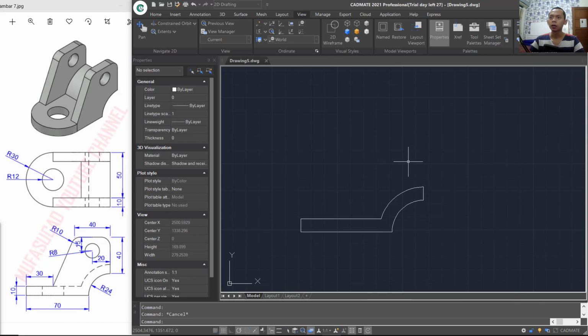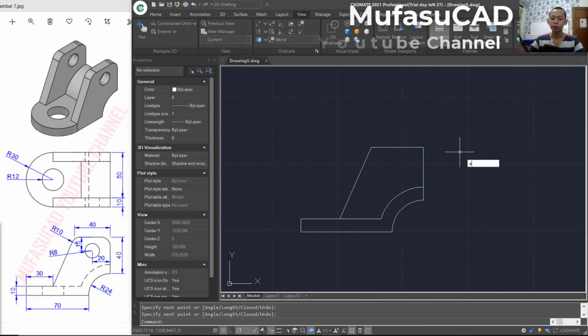Now I will create a line starting from these points and you can move to the top. We can set it to 30. Move to the left here. We can set it to 40. Next you can snap to these points until you see the green plus icon and you can move to the right here. You can set it to 30 and you can click at this point.